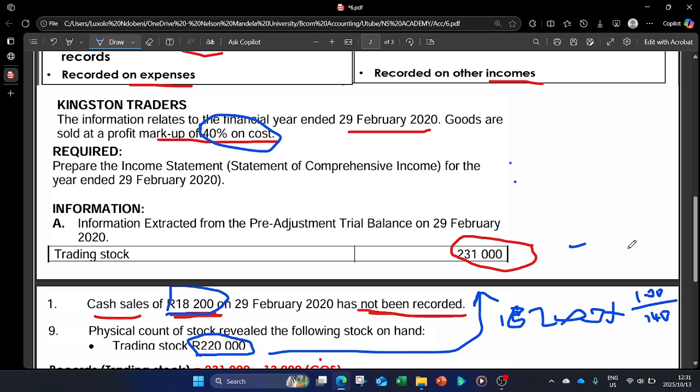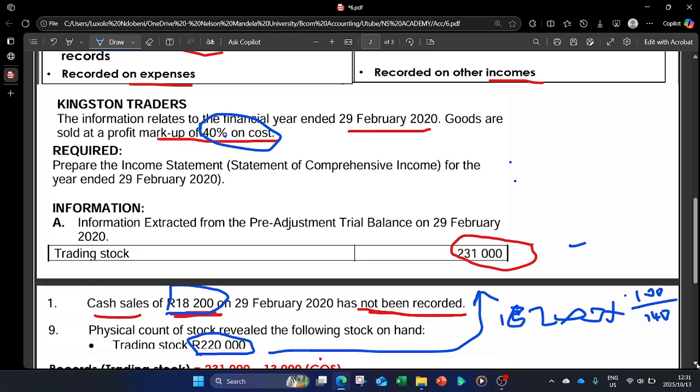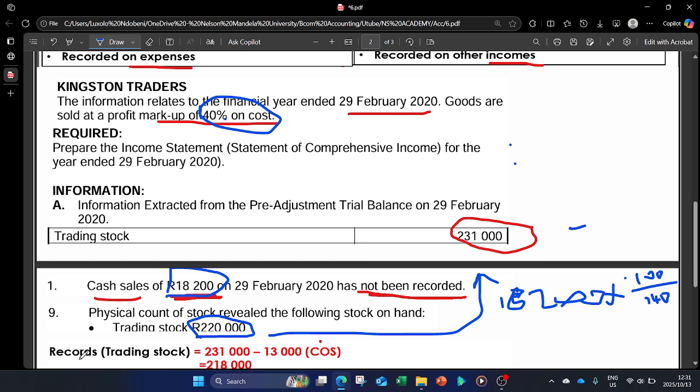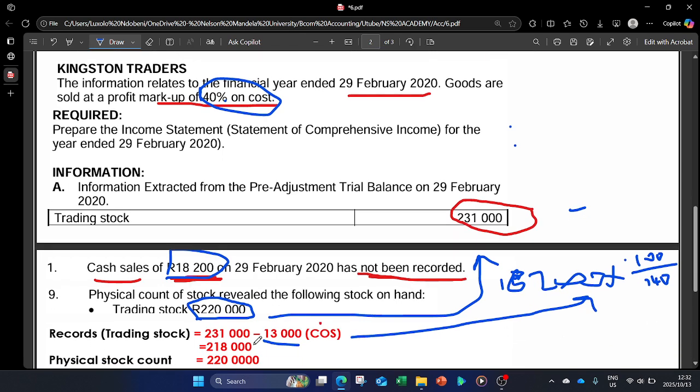You can't buy something with 5 rand and sell it with 5 rand. You must sell it with 7 rand. So that means you added a percentage. So what we want is the cost of sales of 100% divided by 140% of the sales, which is that 40% plus 100% of cost of sales. Then you will get your answer as 13,000. So when calculating the records, we'll say 231,000 minus 13,000. This 13,000 is the cost of goods sold that are not yet recorded, and you will get your answer as